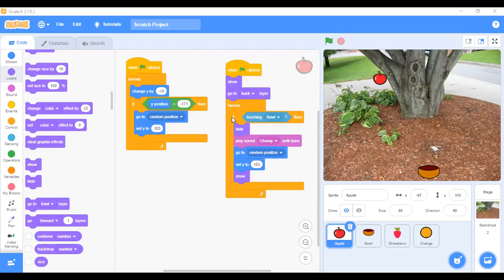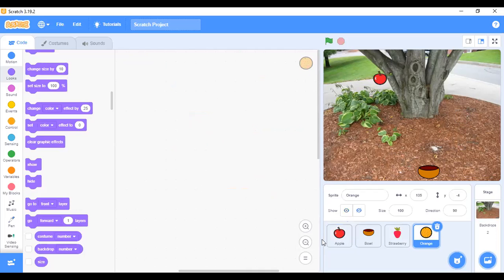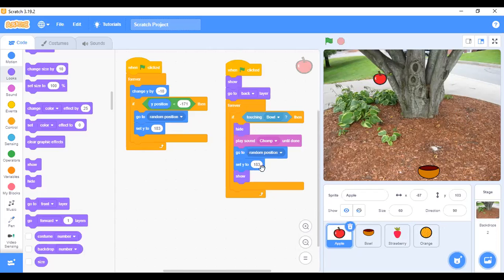I said all this code here, everything that you have coded for the apple is the same thing for the strawberry, is the same thing for the orange. Rather than coding again for the apple and for the orange and for the strawberry, you don't need that. This is what you need. Let me show you something. Pay close attention. This is an effective way of writing code rather than wasting your time trying to bring everything for the strawberry and for the orange.